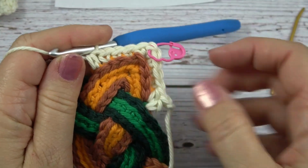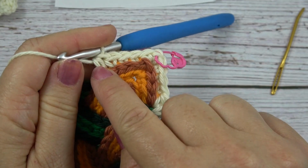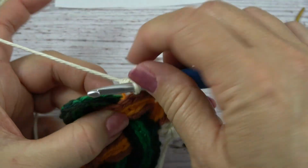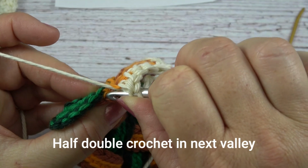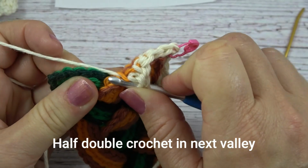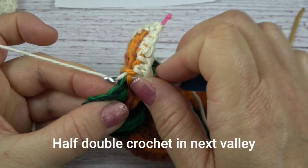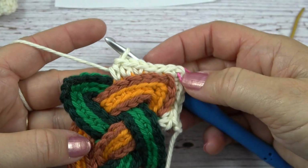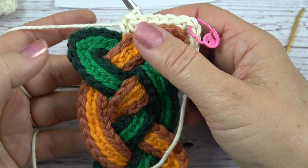Okay, so now we've gone from C to D and then D to E, and at E, the next valley, we're going to put another half double crochet. And again, I'm going to find some loops. I try to go through both of the cords because it kind of helps anchor them together. Okay, and that's basically what we're going to do all the way around,